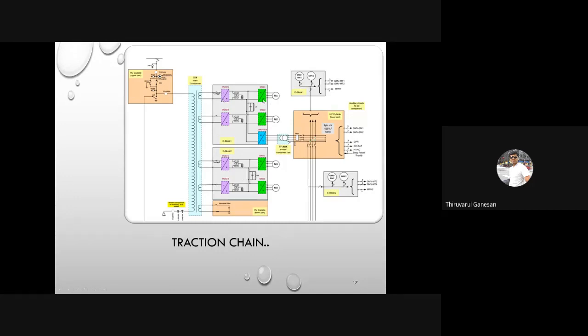And similarly there is the E block, with section 1 and section 2. Section 1 has the auxiliary converter, which is DC fed. It will feed all your auxiliary loads in the locomotive design, which can drive our blower and other auxiliary components of 415 volt AC. So it's a similar chain. It will be used for another section. For example, if it is a Bo-Bo design, the same kind of architecture will be repeated on the second section.